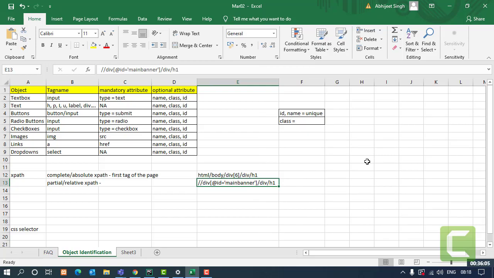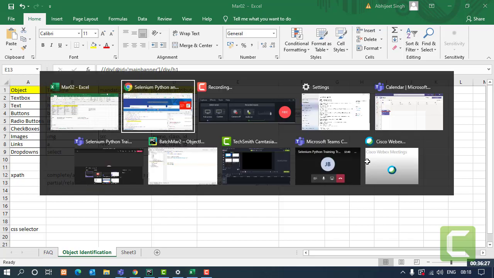Is it clear how we actually make the XPath by ourselves? Any questions, any doubts on this? Okay. The usage of both types of XPath is exactly the same, the same as we discussed in the last class using those generic functions. Remember?